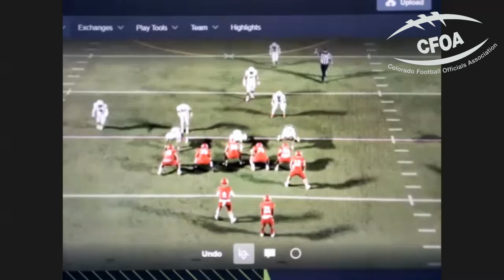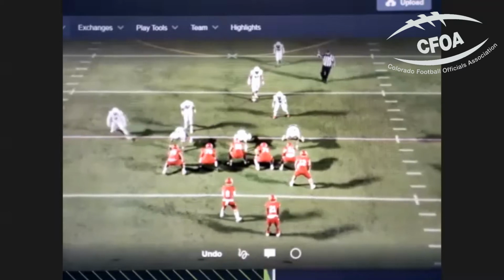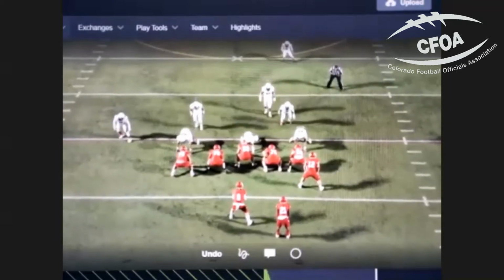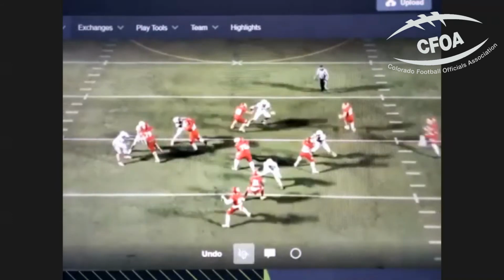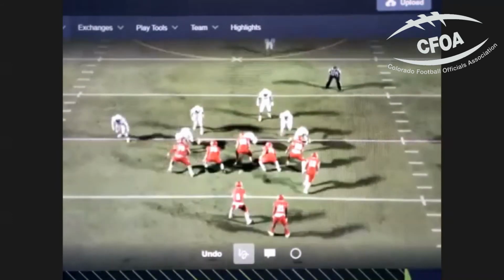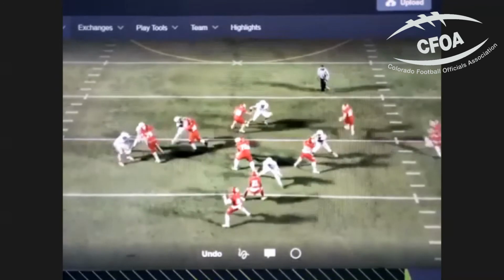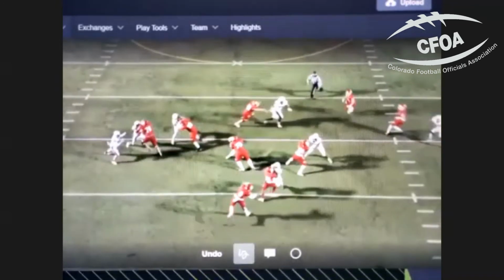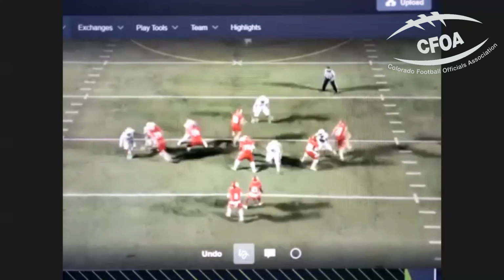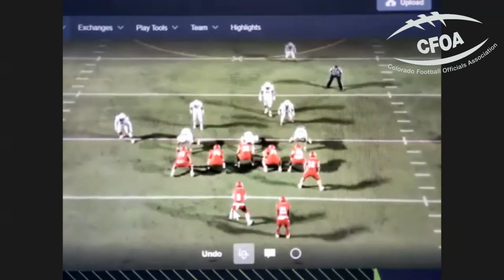So what we started doing is just calling our pin pull, where he's going to basically block down, and our guard is going to wrap around for that. Okay, he should not have free released like that. He should have stayed on because no one threatened him. Now, our read key, if you look at the running back, is the linebacker that basically comes through. So our running back has eyes on him. He is on the other line. There you go. So he's responsible for him.